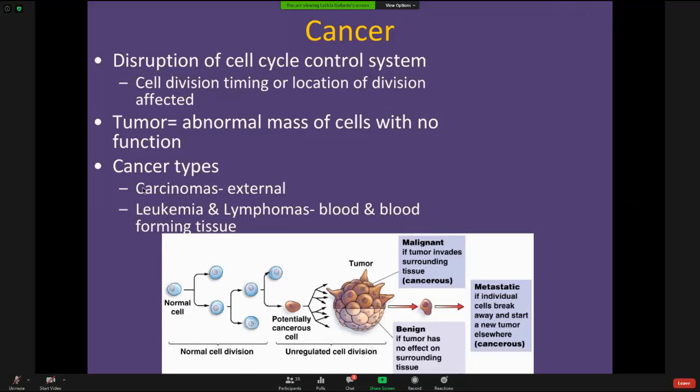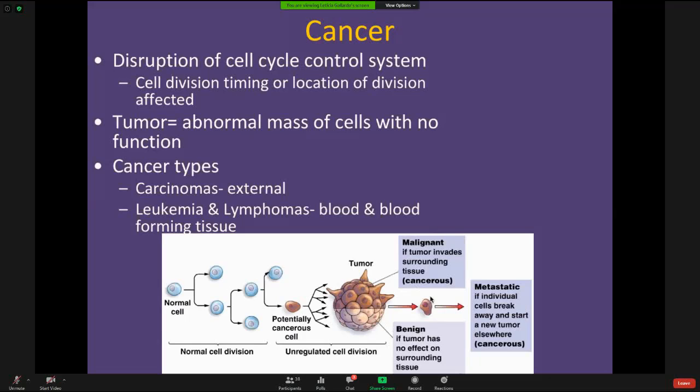All right, so what happens if a potentially precancerous cell has its cell cycle control system disrupted? It can't self-check in apoptosis, and so it's going to divide by mitosis. And once it divides, you now have two cells that have that mutation. And those two cells divide and you have 4 cells. And those 4 cells divide and you have 8 cells, right? And eventually this will develop into what we call a tumor. It's a cluster of abnormal cells that have developed from one cell that was the problem child at the beginning,